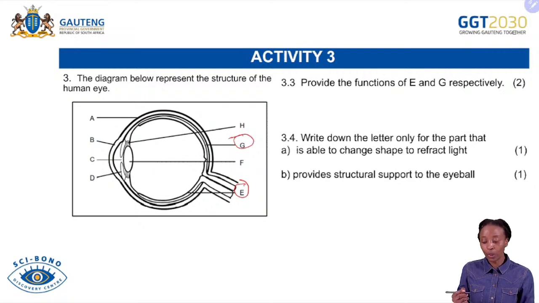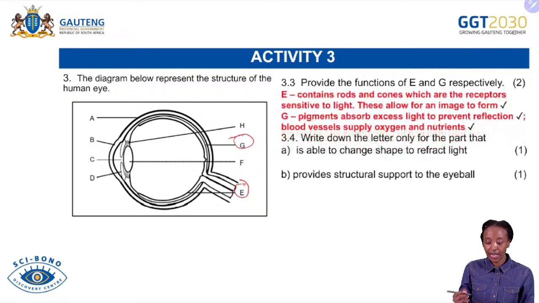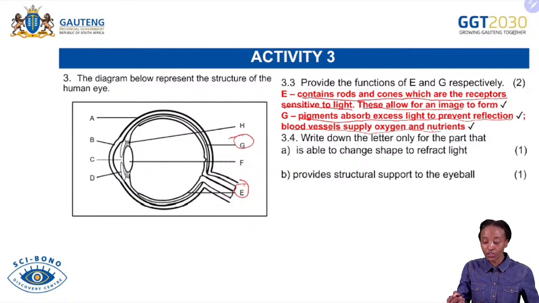Of light. So let's see what the memo says. It says E contains rods and cones, which are receptors sensitive to light, so these allow for an image to form. Yes, which is correct. And then G, pigments absorb the excess light to prevent reflection, and blood vessels supply oxygen and nutrients. So it's darkly pigmented so that it absorbs excess light and prevents reflection, and the blood vessels supply oxygen and